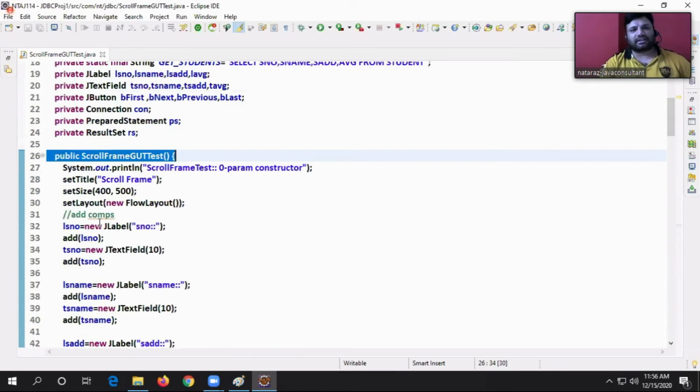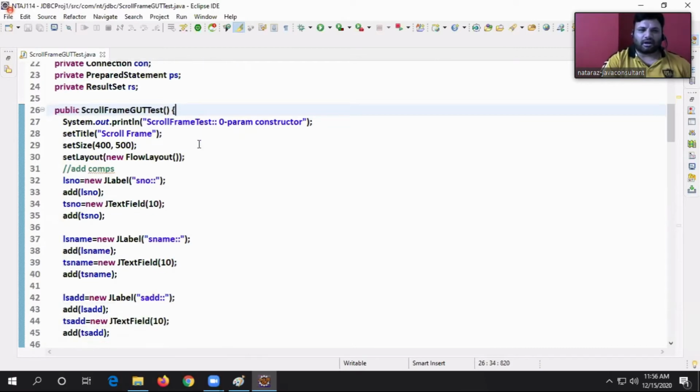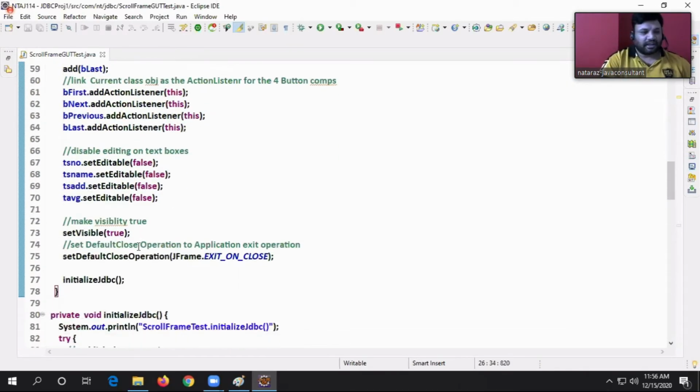At the end, I am calling the initialize JDBC method. Which method, guys? Initialize JDBC method.